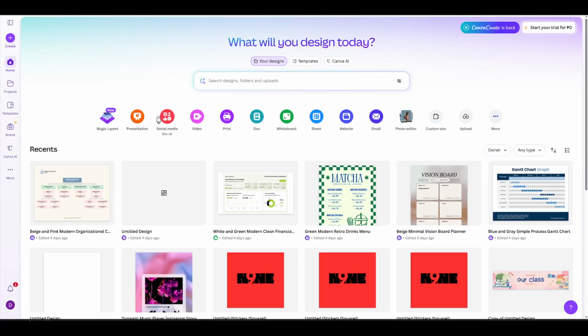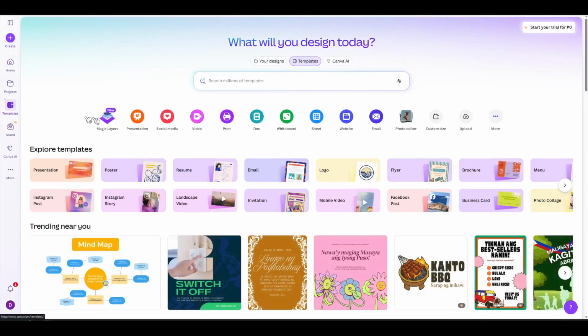in minutes. Start on the main Canva dashboard. This is the home screen you see when you open Canva. From here, look to the left-hand sidebar. You'll find a menu that helps you jump straight into different areas of Canva. Click on Templates. This section is your shortcut to professionally designed layouts, and it's where you'll find mind map designs